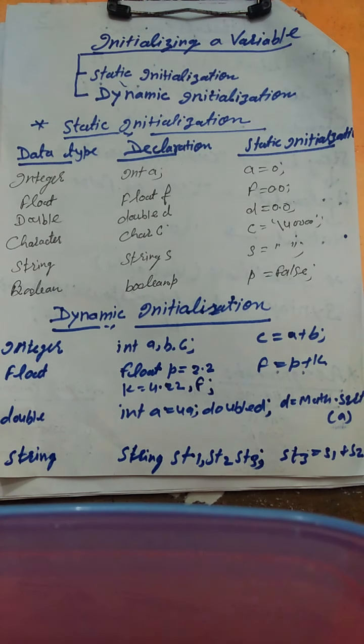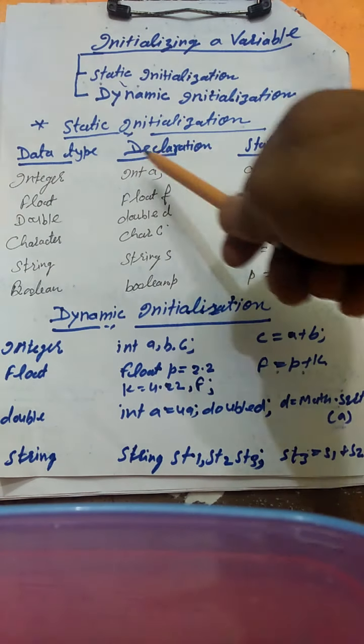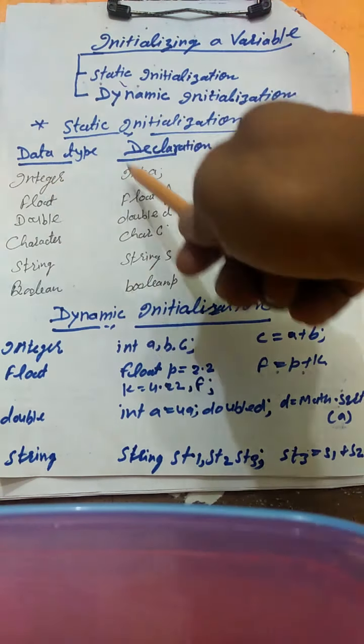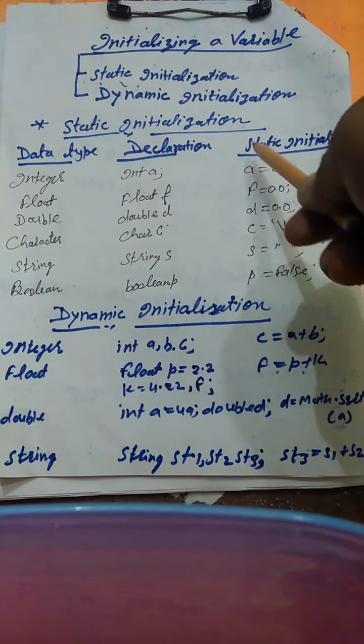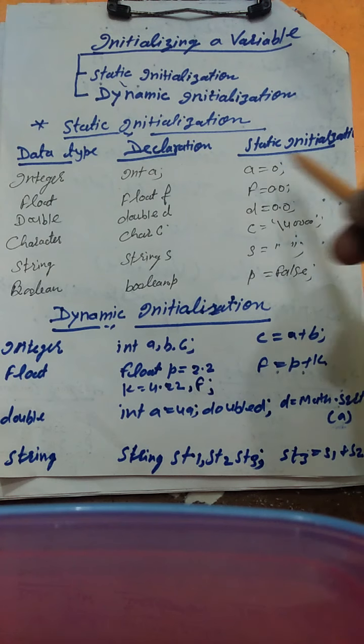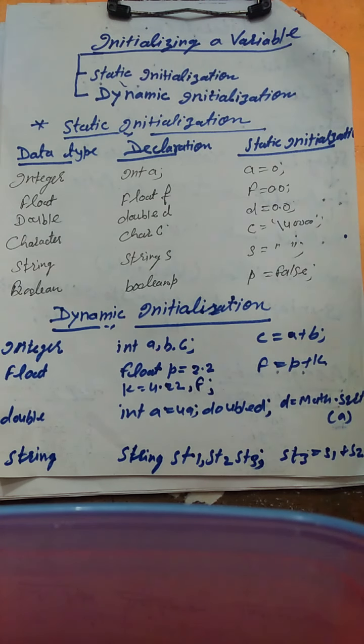For example, suppose we are using the data type integer, then we declare this integer like this, int and then the variable. Then with static initialization, the value of a in the beginning will be 0,